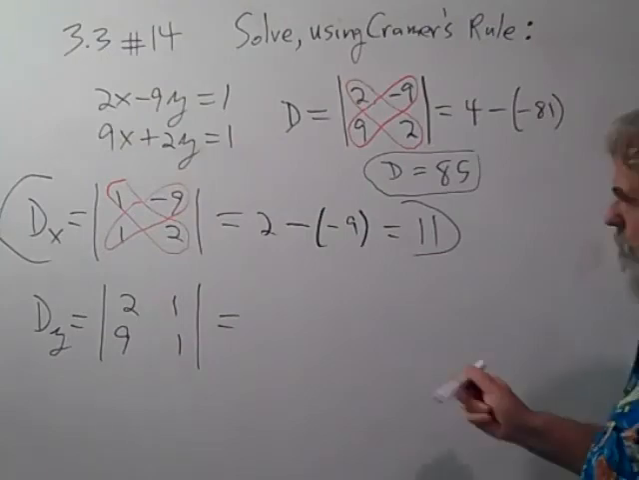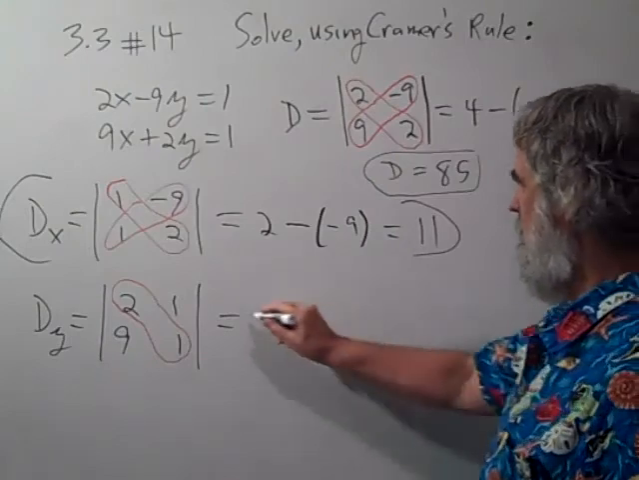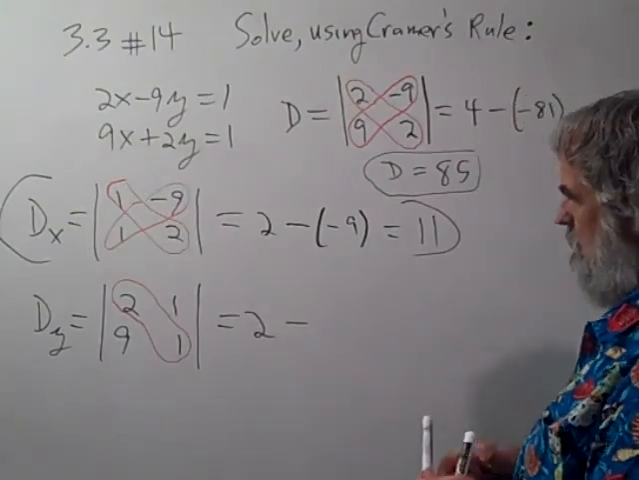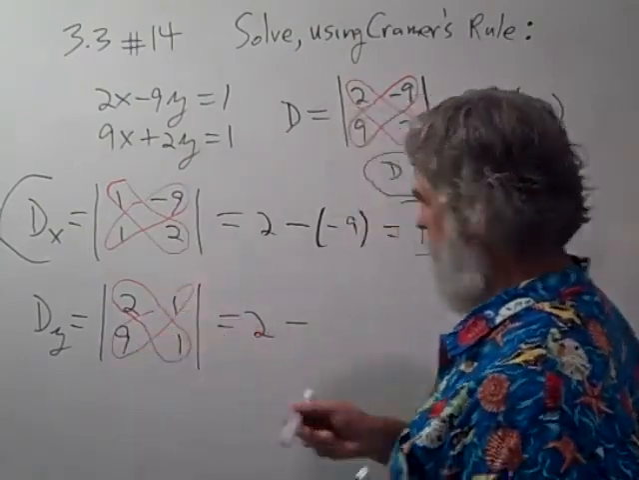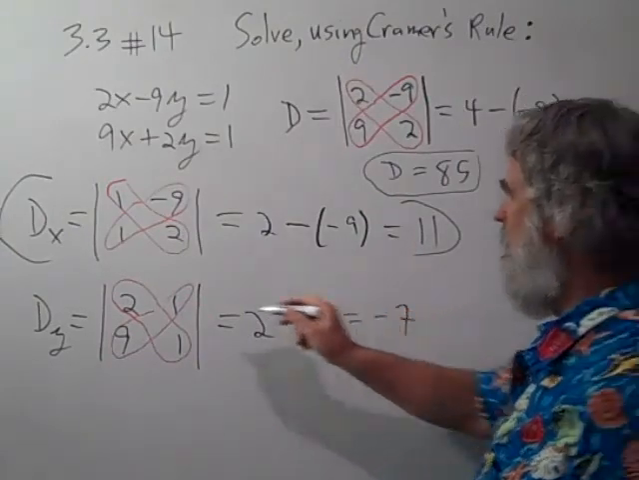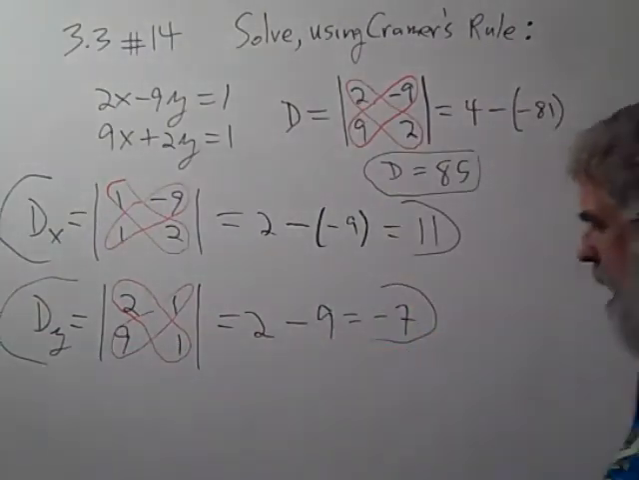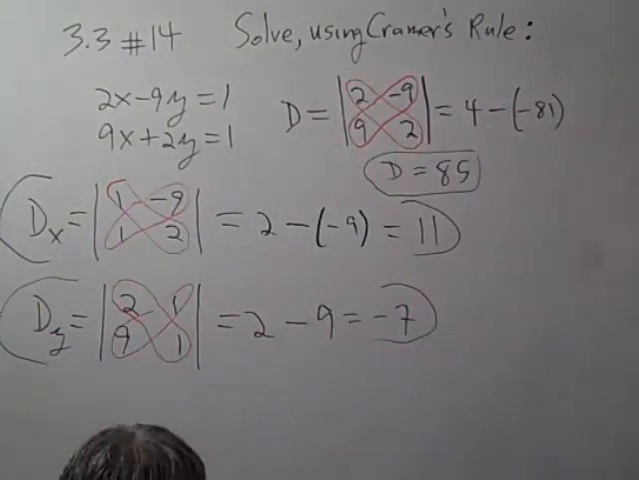Now for our third and final determinant for this problem, 2 times 1 is 2, and then minus 9 times 1 is 9. 2 minus 9, which is -7. So d sub y is -7, and now we can write down the solution, x and y, for each using